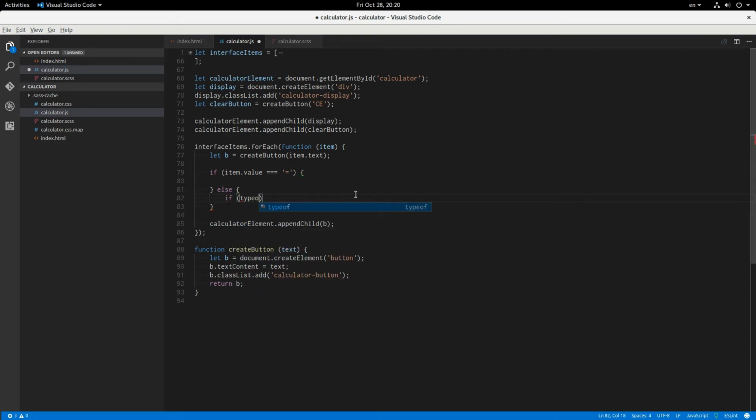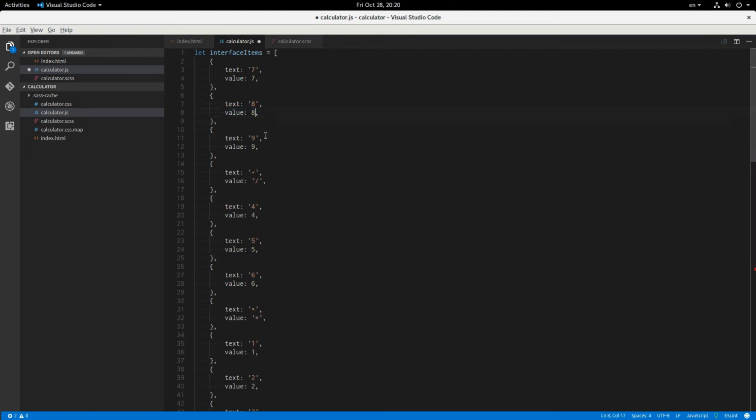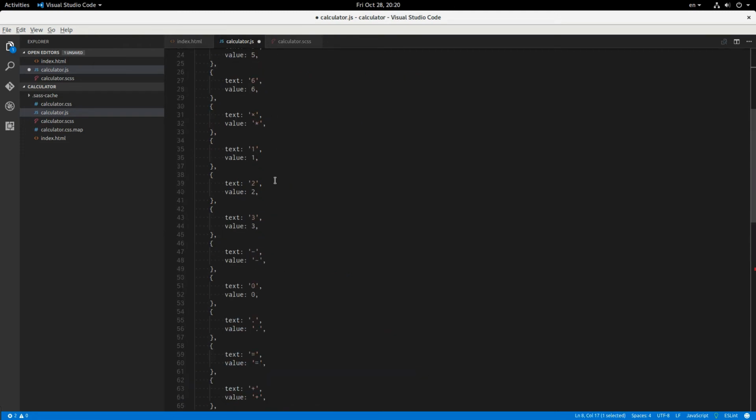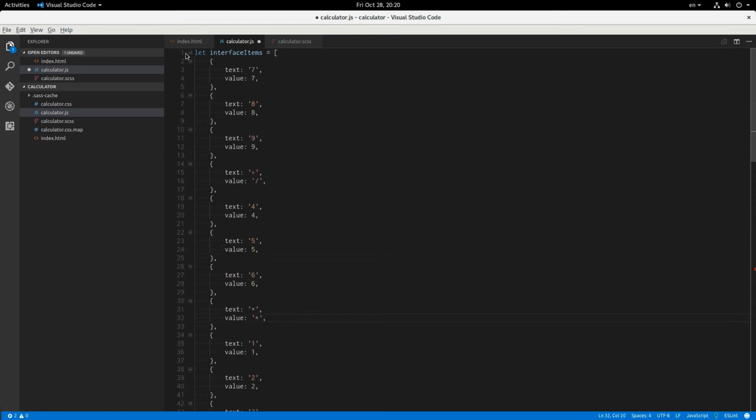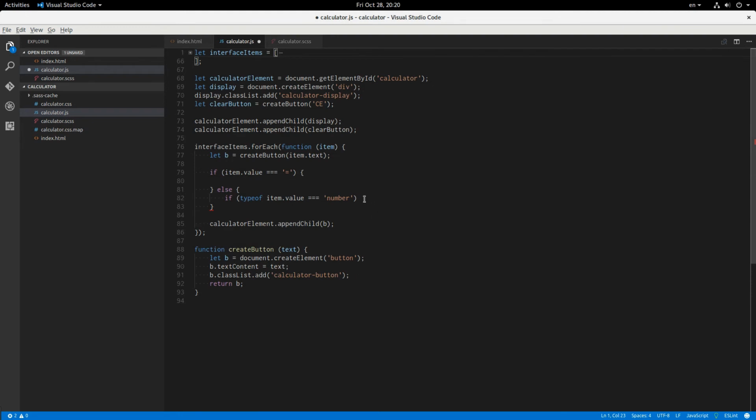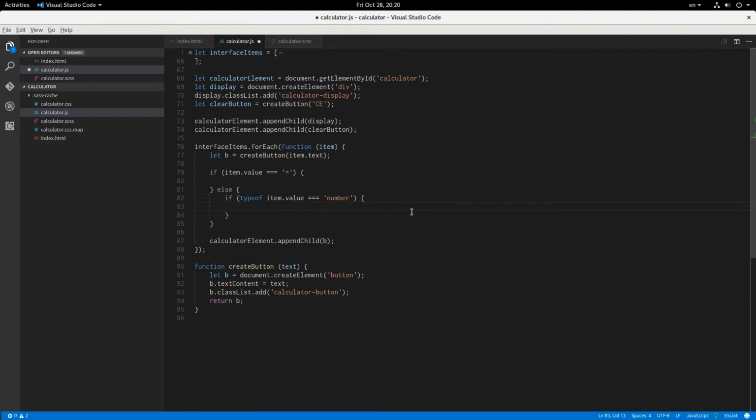If typeof item.value equals number, because up here in the interface items, all the numbers have a value of a plain old number, but all of the operations are still strings. So if it is a number, then we're going to do b.classList.add number,